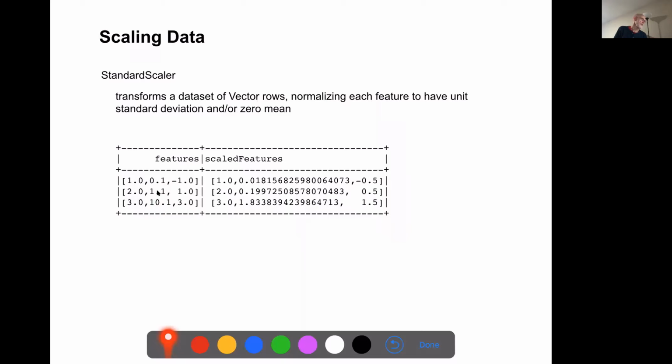Using the standard scaler maps it down. The 0.1 goes down to 0.01, and that 10 gets mapped down to 1.8. So these outliers don't carry as much weight when we transform it this way.